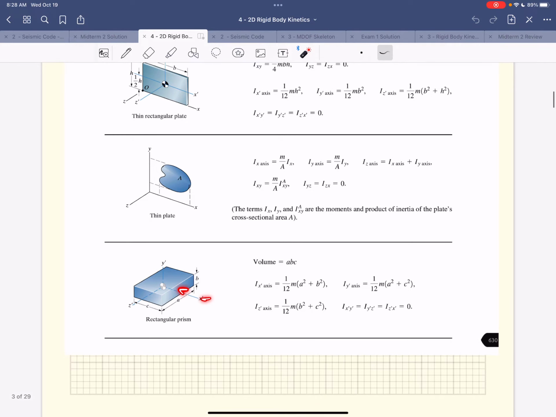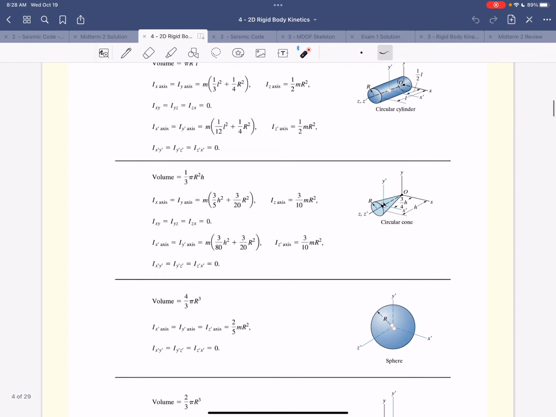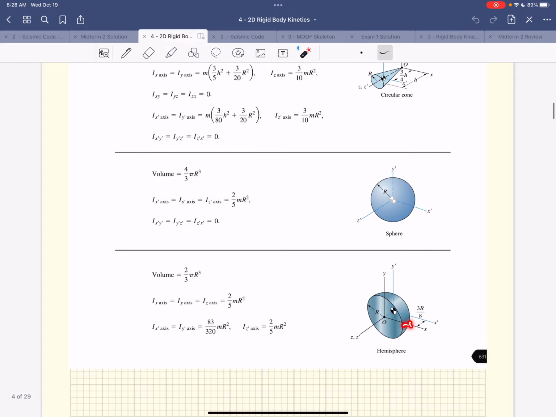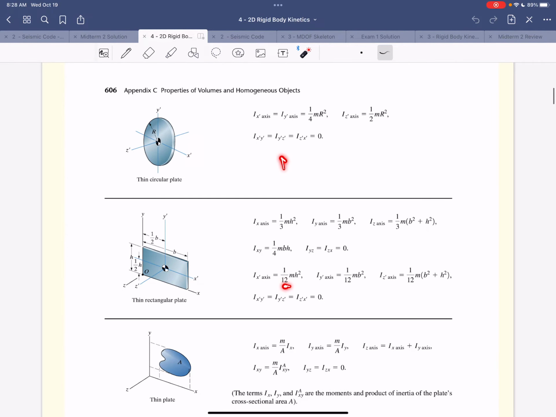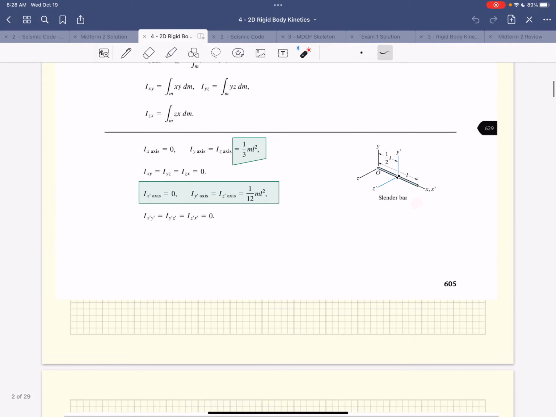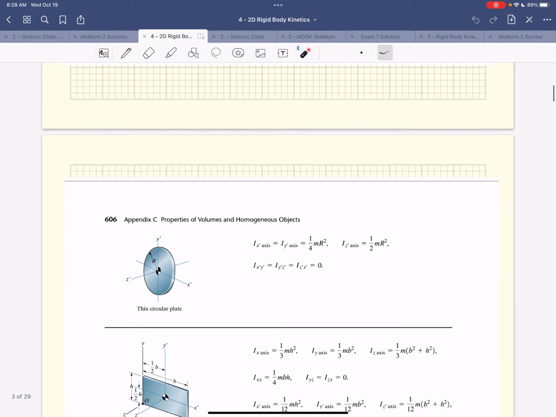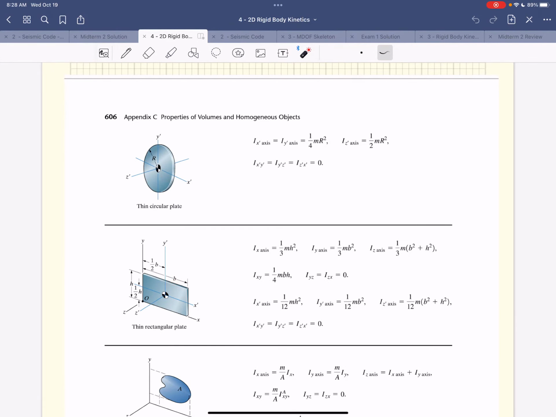These other shapes are more into the 3D stuff. So when we get into 3D, we might see some of those. But typically, we're going to have this guy, or the slender rods in 2D. But it's not going to be very fun if we always have just those simple shapes. You want to have some different shapes associated with it, right? And so that's where